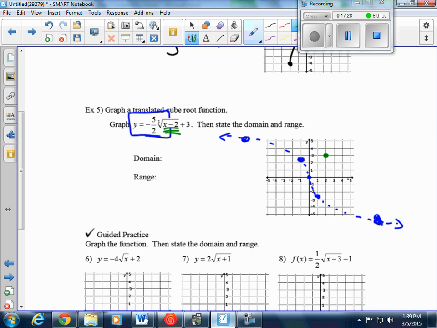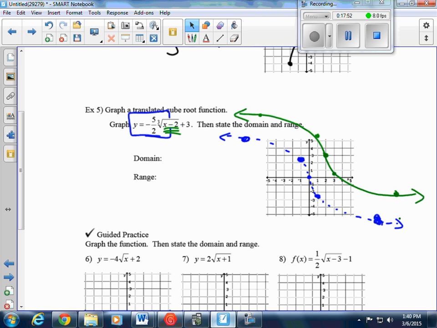1, 2, up 1, 2, 3, that's right here. Same thing. We're going to go right 2, up 1, 2, 3, right 2, up 1, 2, 3. And so here is our graph